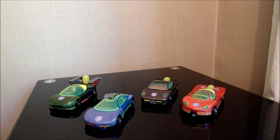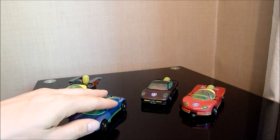These are, of course, the European Generation 2 Stormtroopers. And these came out, I believe, around 1992 or 1993, somewhere around then, with the beginnings of the Generation 2 line, just before the actual Generation 2 hit America, for example. We did get these as part of the G1 line in Europe,